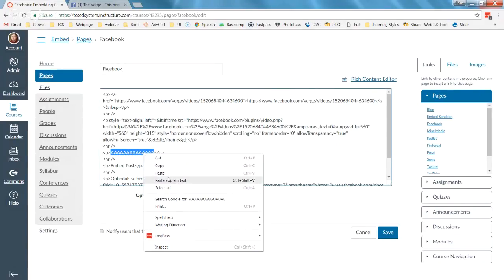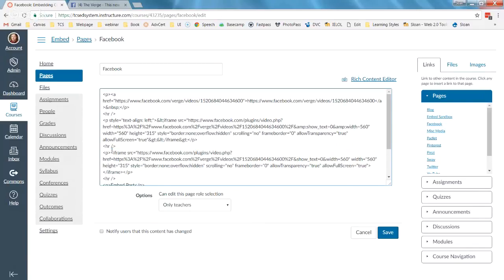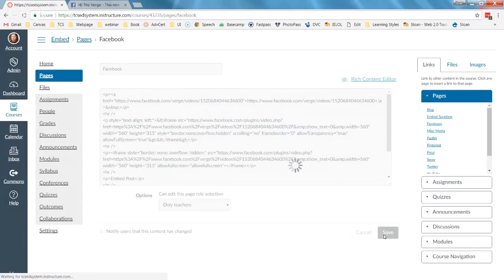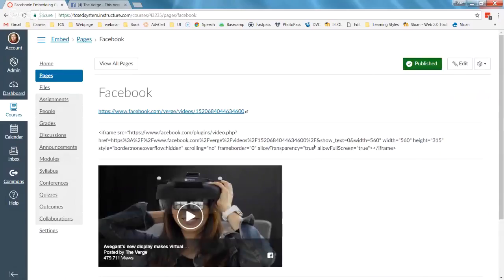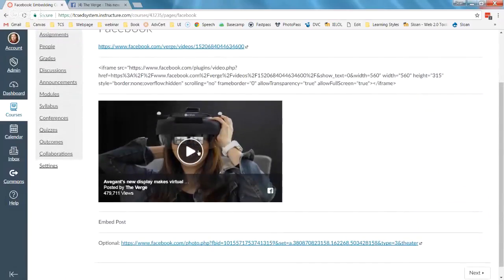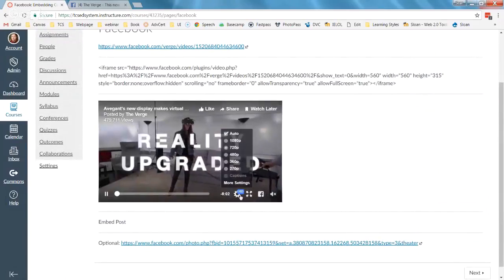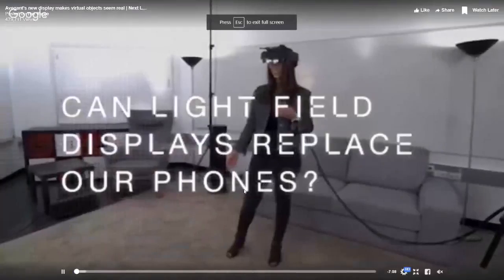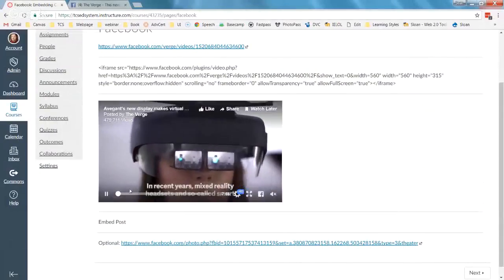And so I'm just going to highlight that, and I'm going to paste the code, which is this iframe. And we'll talk a little bit about what the iframe is saying right there. But I'll go ahead and save that. And then you can see my video embedded right on the Canvas page, and it can play. I have all the options that Facebook lets me. I can enter full screen or not. I can,